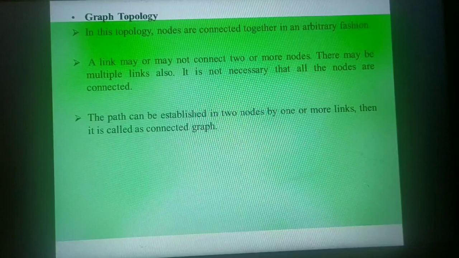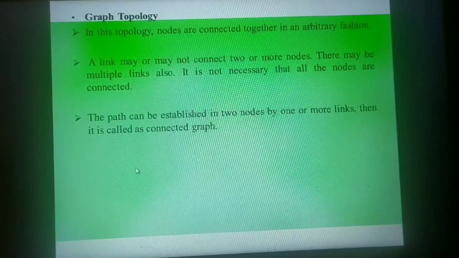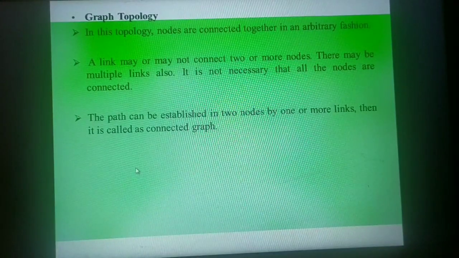Arbitrary in the sense that they don't have a specific layout, like we have for the star topology, bus topology, or ring topology. We have a certain layout for the tree topology, but graph topology doesn't have any layout. The nodes are just randomly connected to each other.